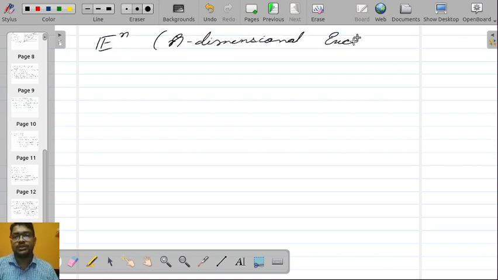They are called Euclidean space because many of the properties of Euclidean geometry, the plane geometry that we do, are carried over into this type of generalized structure. So E to the power n is nothing but the vector space R to the power n, together with